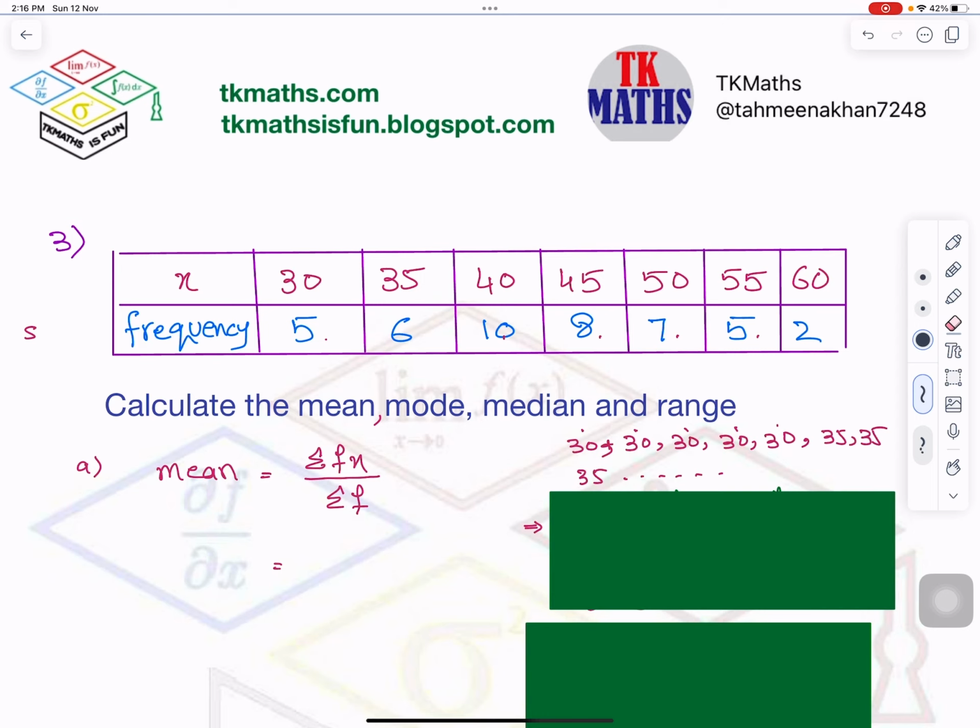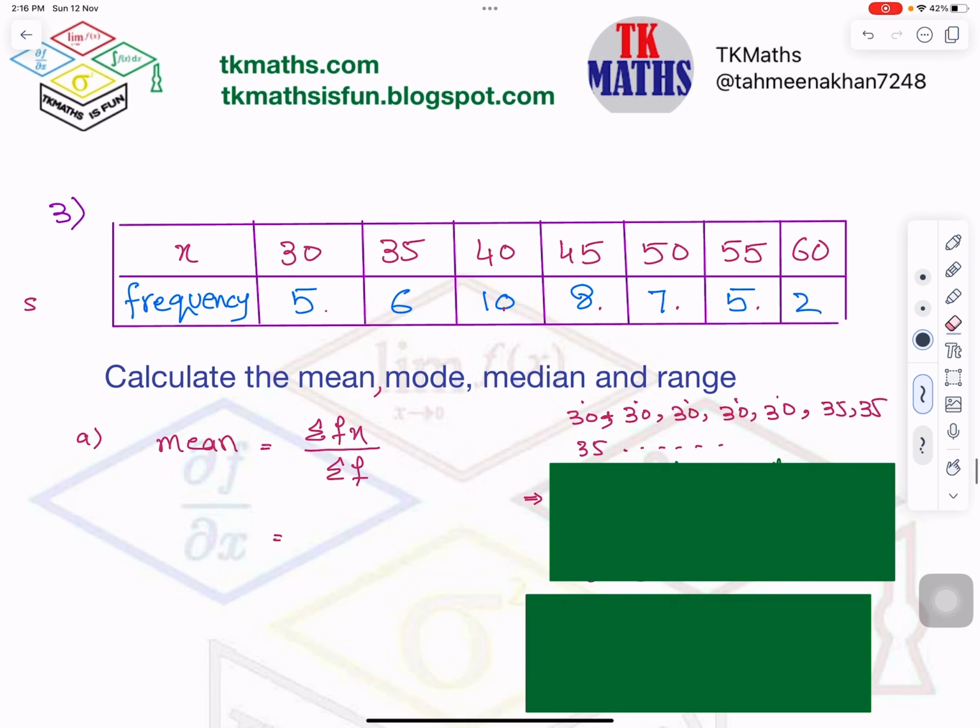In today's video, which is video number 2 on statistics, we see the concept of mean, mode, median and range. In this question, we will see it in terms of frequency distribution. In the earlier 2 videos, we did it without the frequency distribution table. You can see the link in the description below and see those videos. So to calculate the mean when the frequency distribution table is given to you,